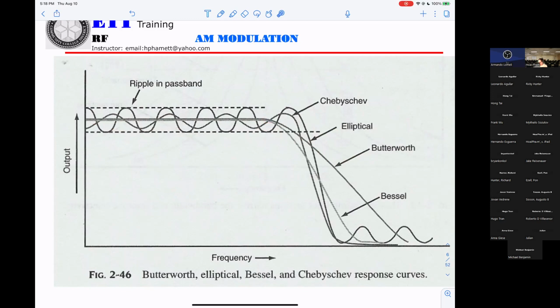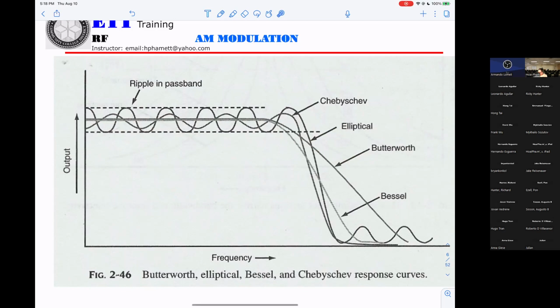However, they will be farther at the cutoff than the Bessel. Okay, then you can see elliptical, they get very good for the cutoff, very close to the